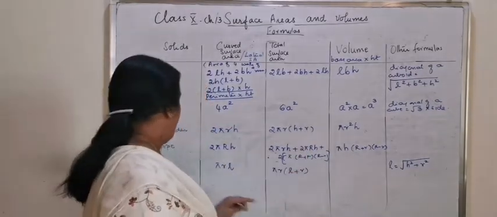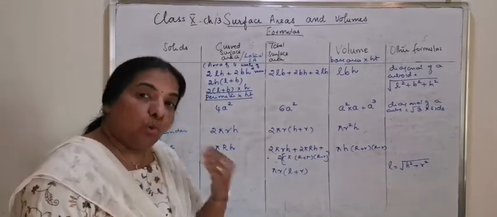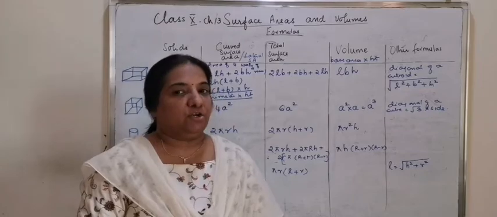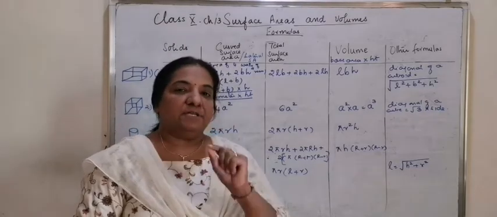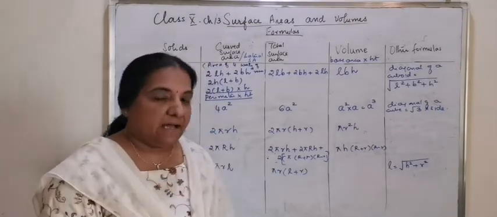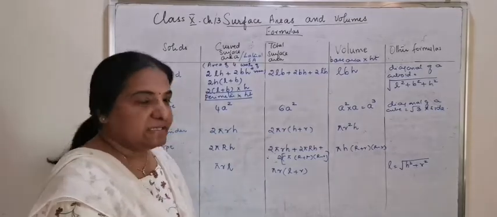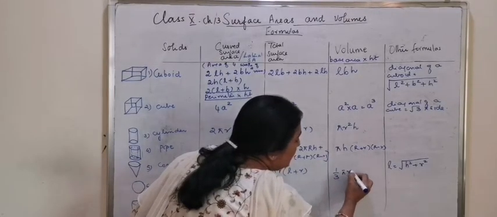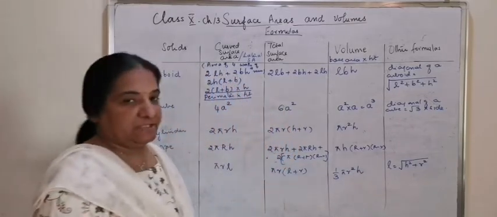And the volume of a cone is one third the volume of a cylinder, if you take a cone and a cylinder of the same radius and the same height. That is how the comparison is. The volume of a cone is 1/3 pi r squared h.